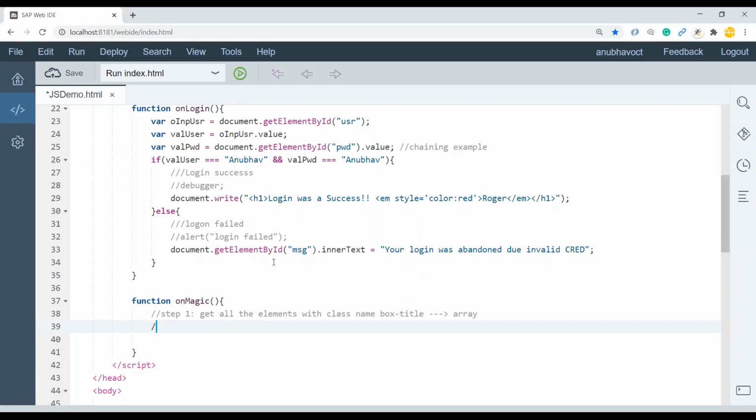And now what we can do is we can go to step two. We can loop over the array. Basically, you get all the UI elements in this array. You loop over it, and inside each loop pass, we will process. So watch out. I say var array of let's say boxes, box title,